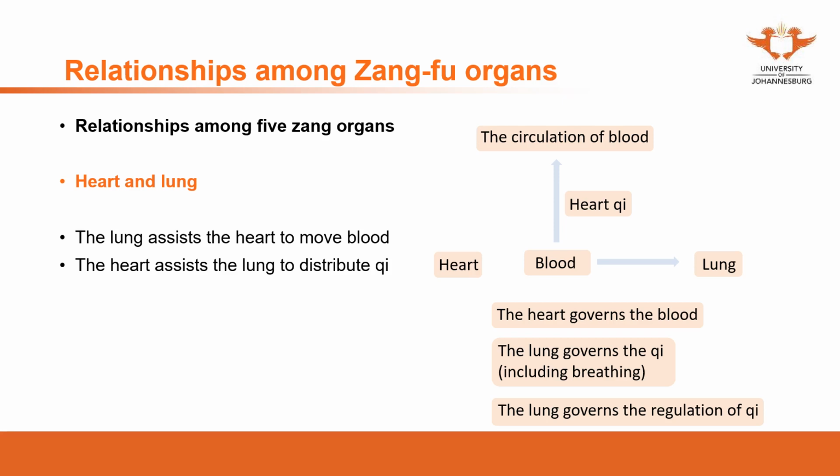So there must be many connections between these two. And also when we study in future from the relationship of the qi and blood, we also can analyze from the relationship between the qi and blood, such as the qi is the commander of the blood, the blood is the carrier of the qi, which means the blood is the vehicle of the qi. The heart qi needs to move. You need the vehicle of the blood. That's also the relationship